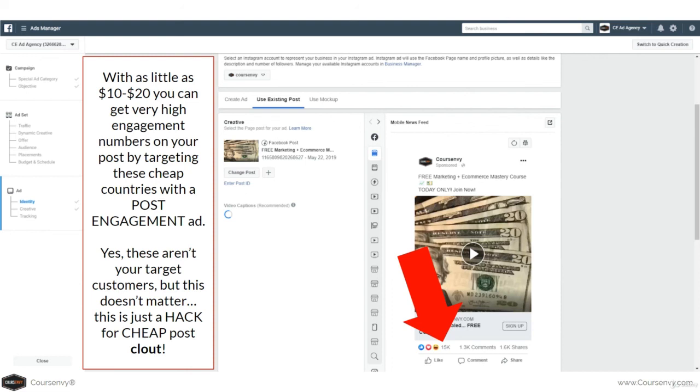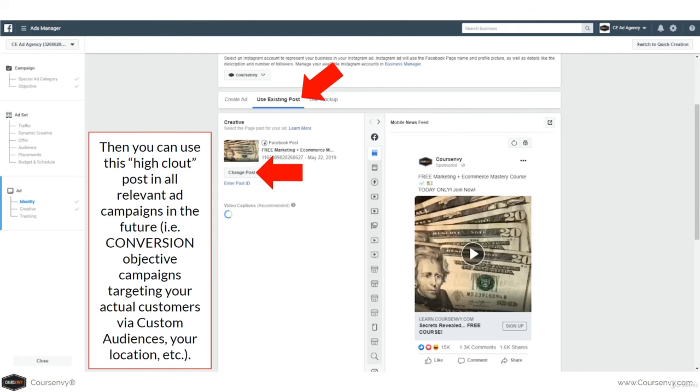So at the ad set level, I'll target just those cheap countries. And then, as you can see, I really boosted up the likes, the comments, and the shares for cheap. So yes, these aren't your target customers, but this doesn't matter. This is just a hack for cheap post clout. Once you end that campaign, because you have a nice high number like I do here, 15,000 likes,